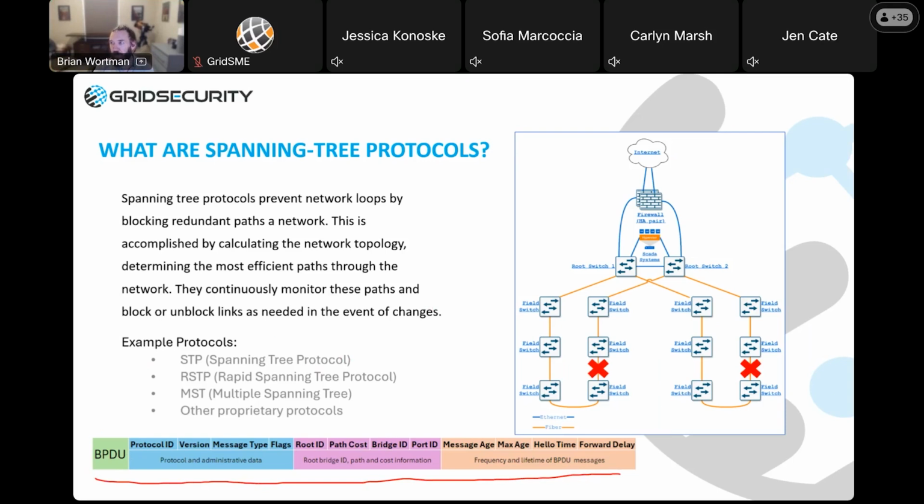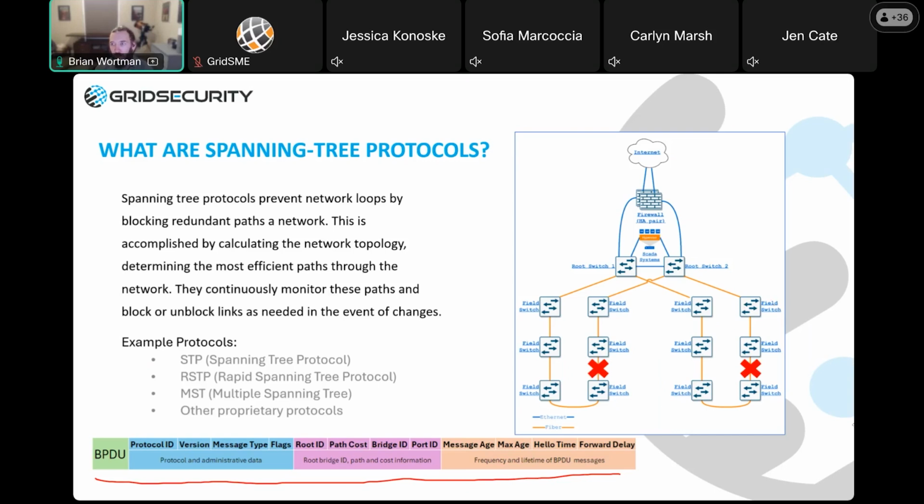it contains information about the switch that sent the packet out to other switches, its priority, the cost of the packet traversing the network, and some other operational info, such as what type of message it is, like is it a topology change notification. Again, these are sent out on regular intervals or when links go up and down or topology changes. So anytime anything changes in the environment, like a root bridge change also.